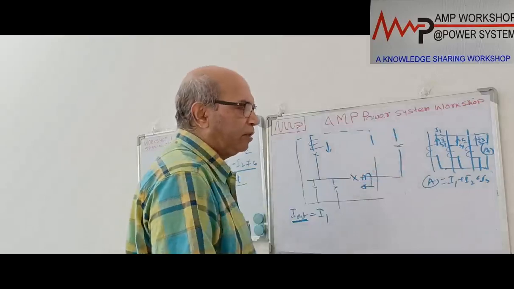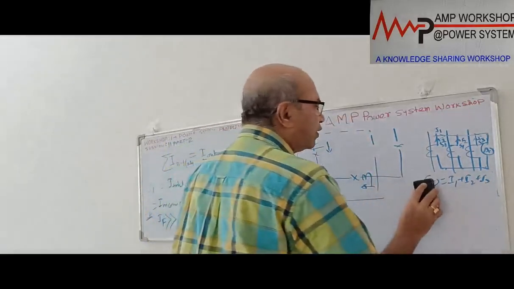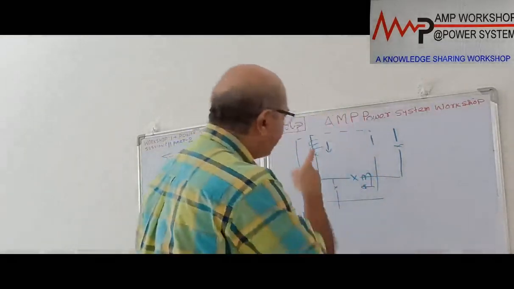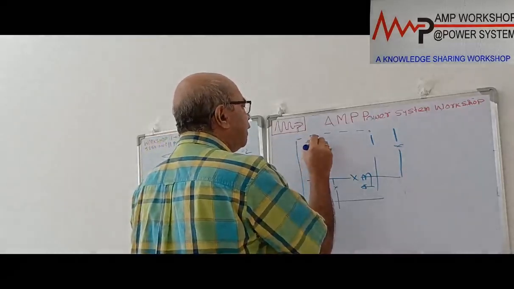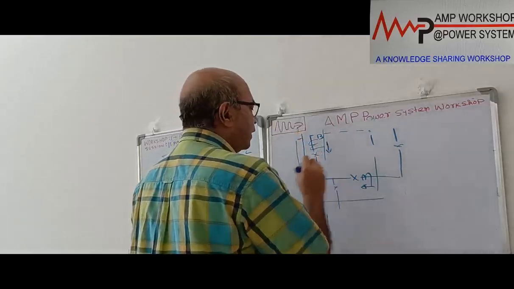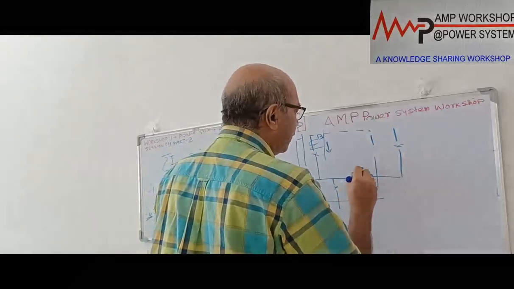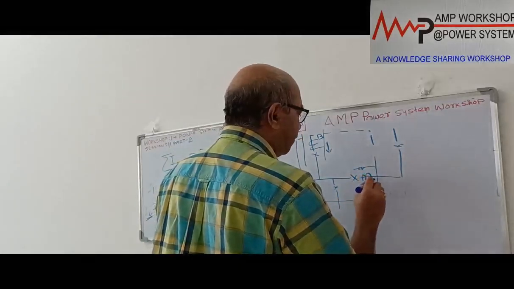So this is the summation CT we have already discussed during earth fault protection, 51N protection. The same principle will apply over here, but it will be three phase, not one phase. I am showing one phase. Suppose this is one phase. There are three phases over here. Suppose this is the B phase, and there is an A phase and a C phase. Here it is the same way. This is the one phase I have shown. There are two other CTs, with three CTs here. Suppose this is our B phase.